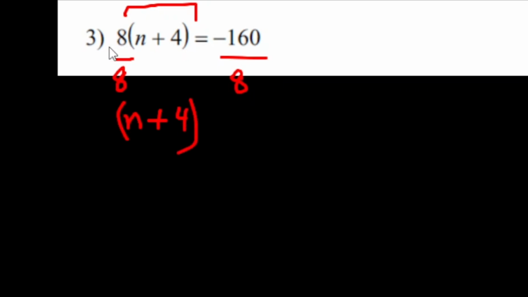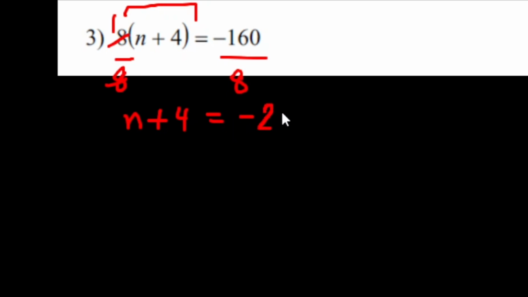Remember, 8 over 8 is 1. And 1 times n plus 4 is just n plus 4, because this is a multiplicative identity. Anything times 1 is just anything. So 1 times n plus 4 is just that n plus 4 term, so we can get rid of this parenthesis. So now n plus 4 is equal to